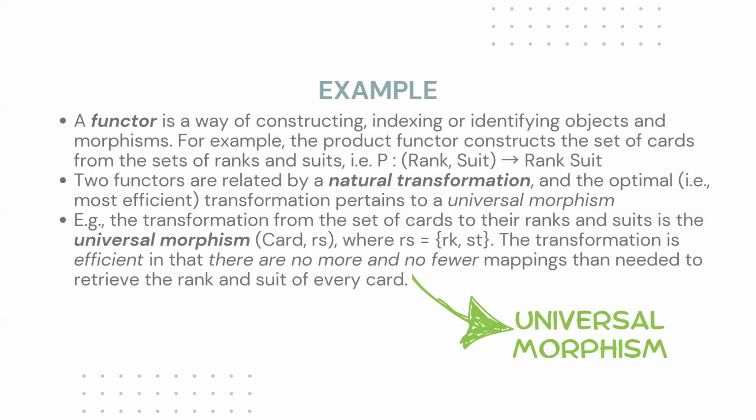Then again, we can add, so to say, a layer, and we have two functors. When we have two functors, they can be related by something called a natural transformation. And then there can be an optimal transformation, which means essentially the one that is most efficient, and that we call a universal morphism. So again, as an example, we can take the set of cards, their rank, and their suit in the universal morphism card RS, where RS is the